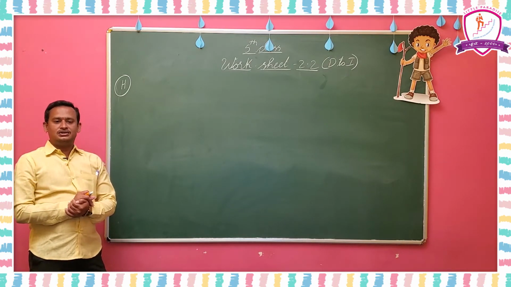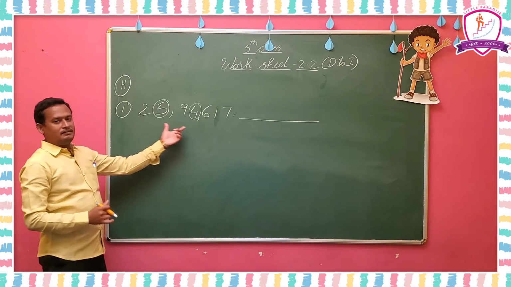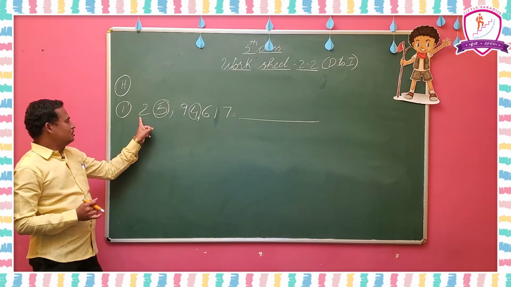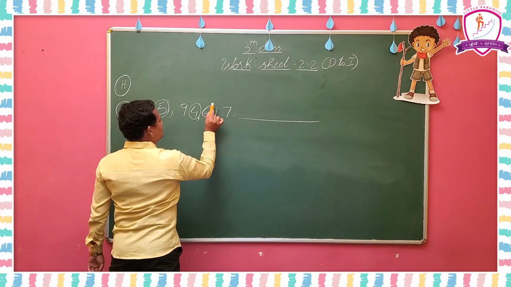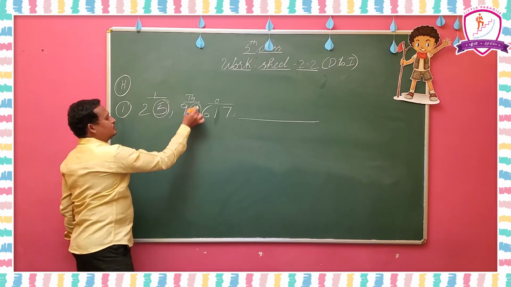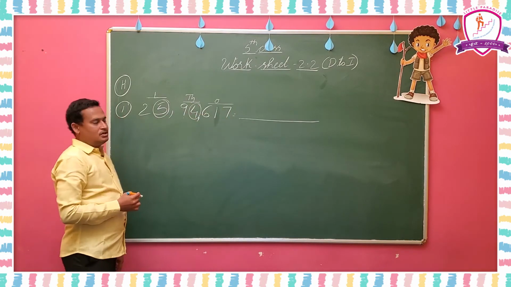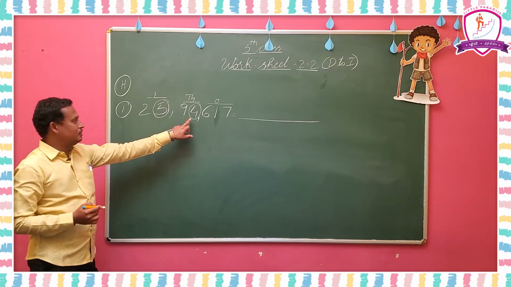That is the question in H Roman. So what is the question? Here the number given in the first question is 25 lakhs 94,614. Write the places and periods here. Here the circled numbers are 5 and 4.